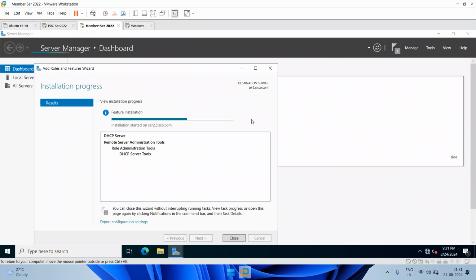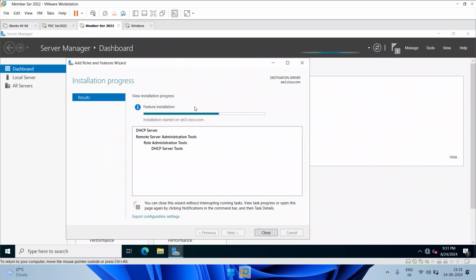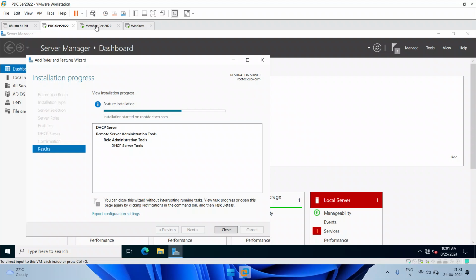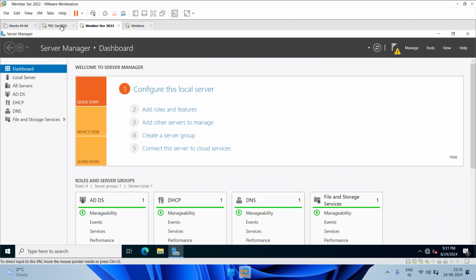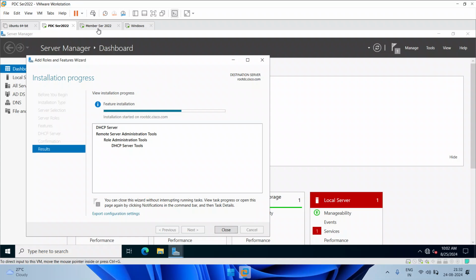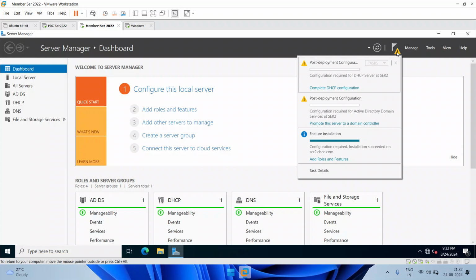Accidentally, I have closed this wizard, so we should not close this wizard because the role installation is in progress. So the role is completely installed. Here it is still in process. Here it is installed. So let me click the notification, and right here it is telling to configure the required